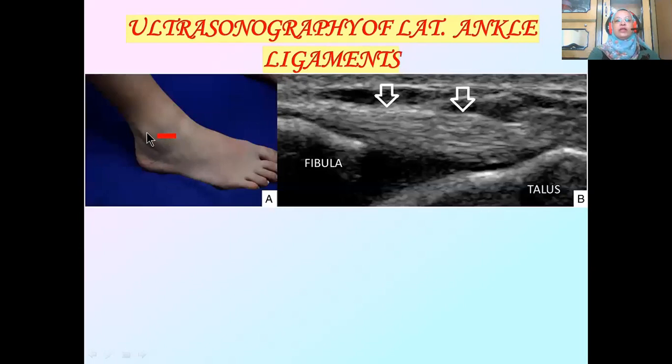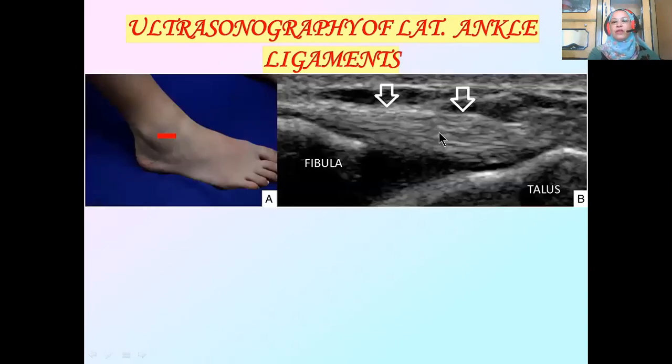If we consider lateral malleolus the center of a clock, we will direct the probe to the 3 o'clock position. And this is the image. There is a fibrillar hyperechoic structure, normal structure of anterior talofibular ligament. Its thickness is about 2 millimeters. It extends between regular bone cortex of fibula and regular bone cortex of talus, and